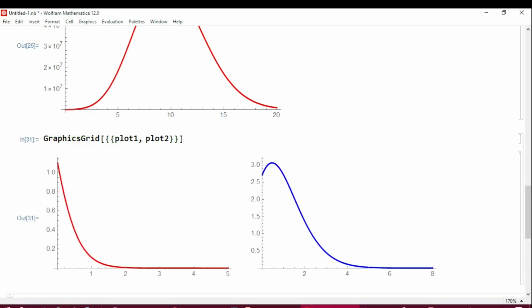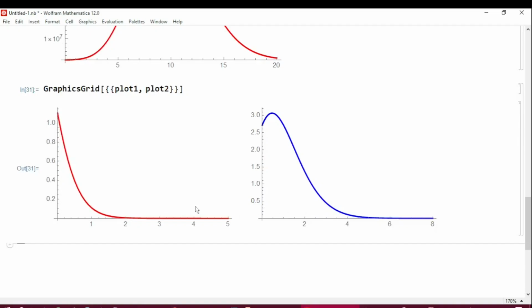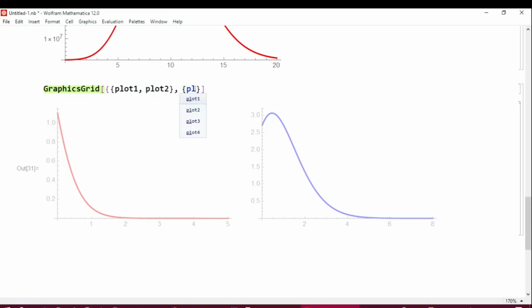And if I run the command, Mathematica puts them in a row. So this is a grid of 2 plots in a single row. I can generate a number of different columns as well, or in other words, multiple rows, and that I can do by adding another sublist inside the argument of the GraphicsGrid command, and that I do plot 3, which is already here. I add plot 3, and then I add plot 4,